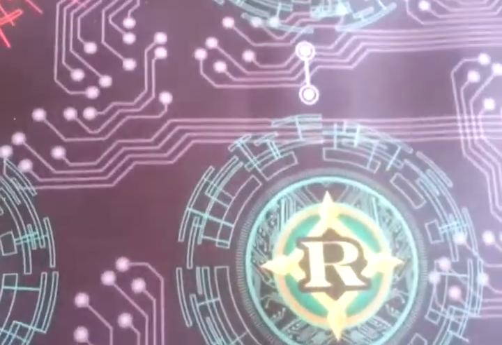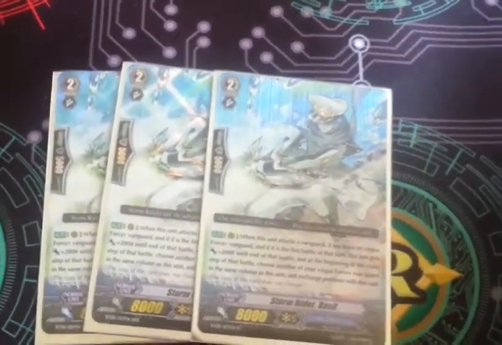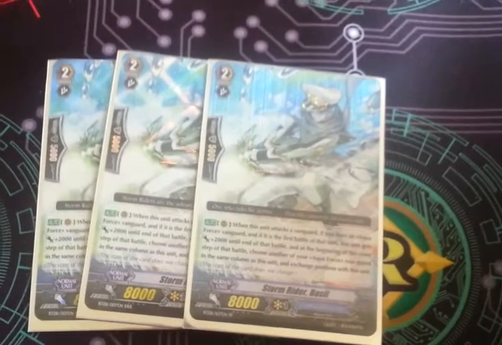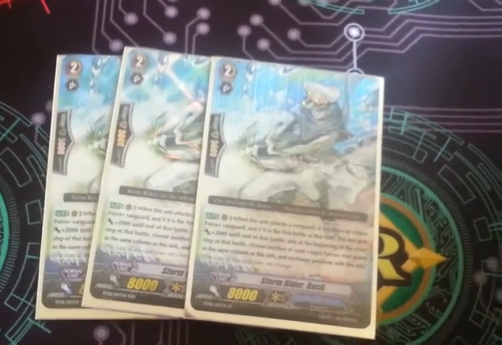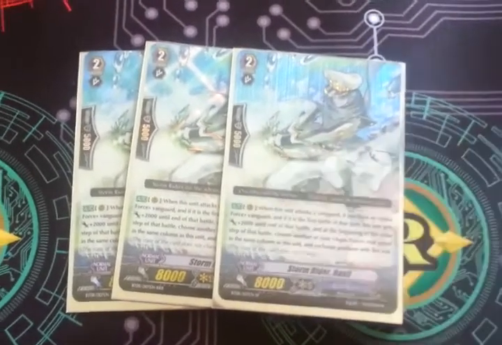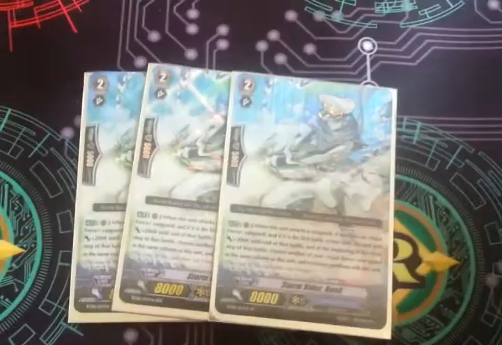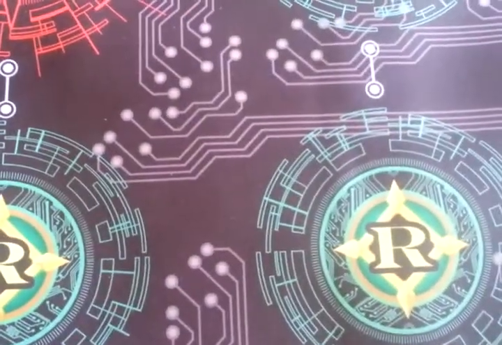Grade 3s, running 3 Basils, 2 Triple R, 1 SP. I'm willing to trade and or buy other SP Basils if you guys have any or know of any. And as soon as I get my 4th one, I'm going to add that in. But for now, we're still running